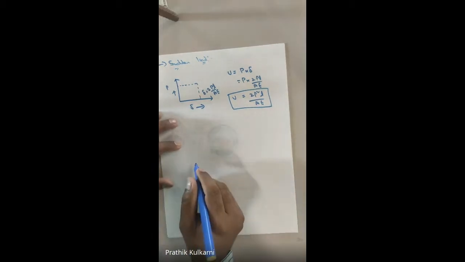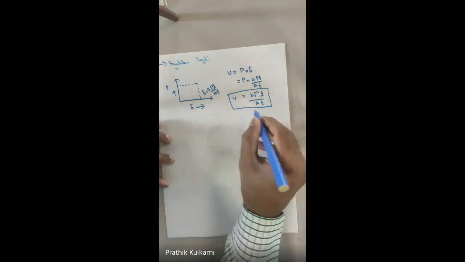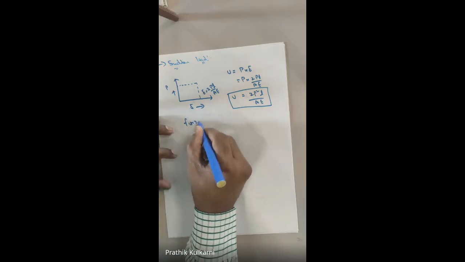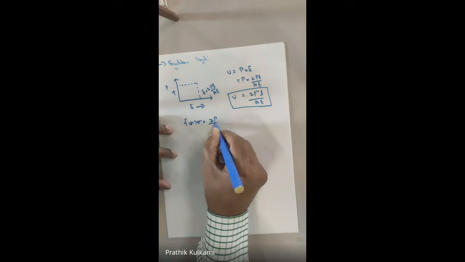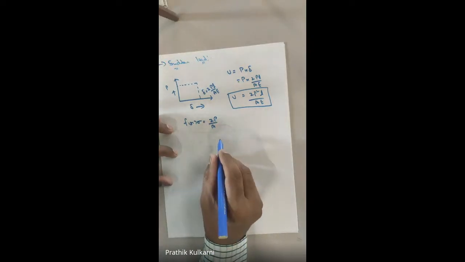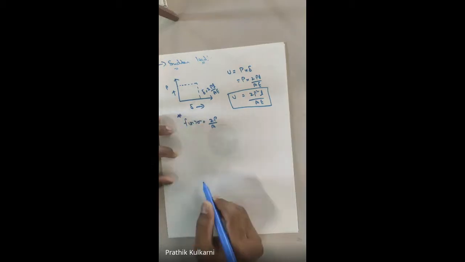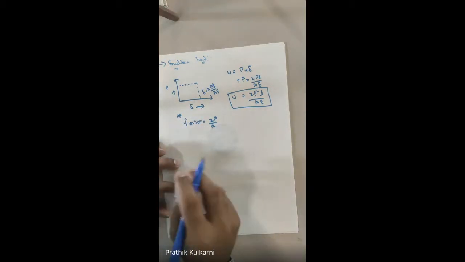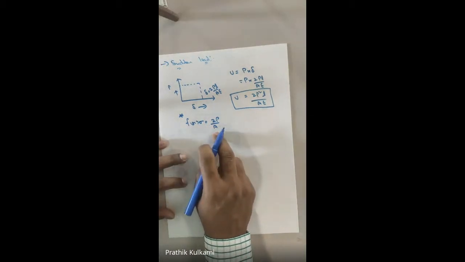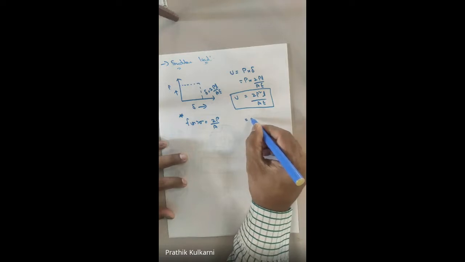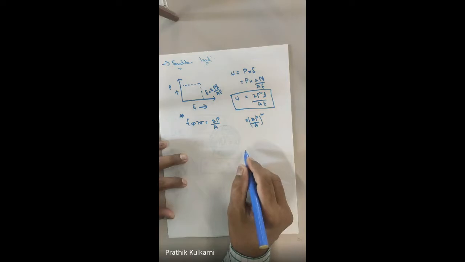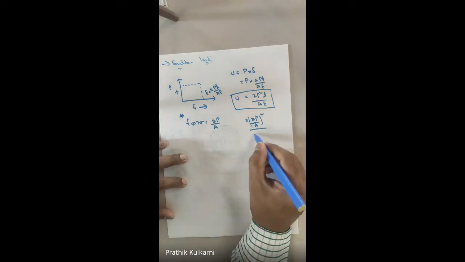Now similarly, if you want to calculate stress, here the same thing again I want to tell you. If you want to calculate stress sigma, it is equal to 2P by A. It is not P by A, please. This is the only change which you have to remember. Most of the students get confused or make a mistake. So sigma is equal to 2P by A, and here I have to do the same thing. It has (2P by A) whole square.